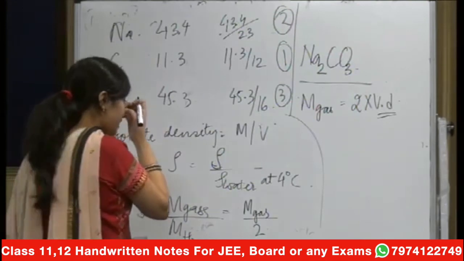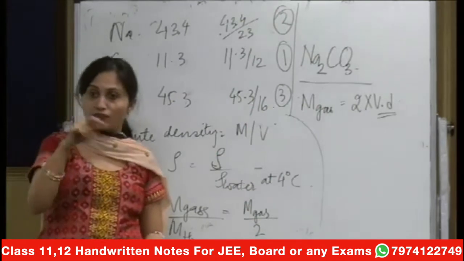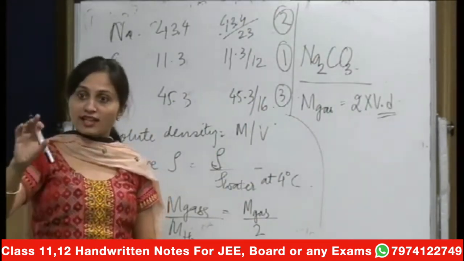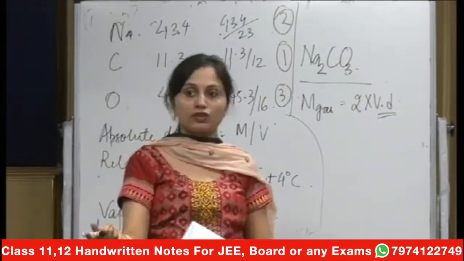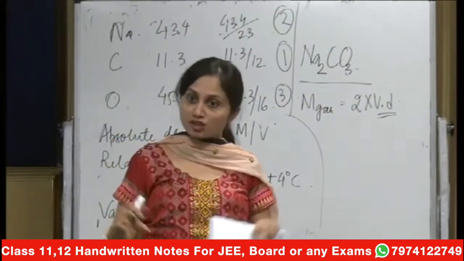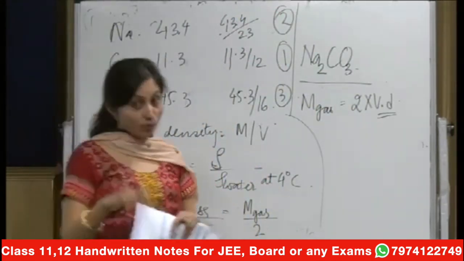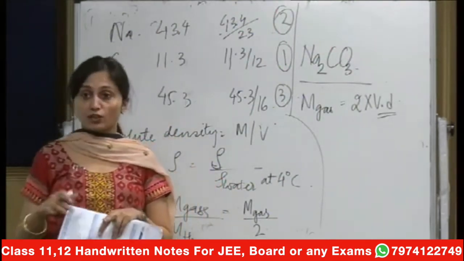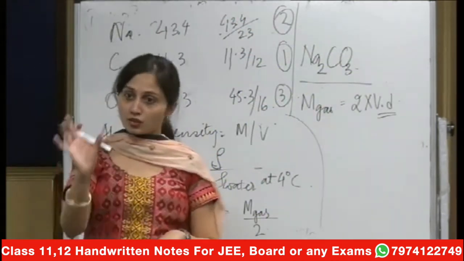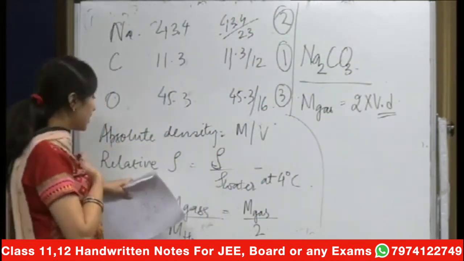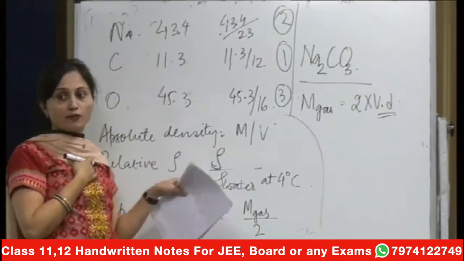In relative density, this is the standard temperature, which is the freezing temperature of water, generally considered to be from 0 to 4 degrees Celsius. So it's a conceptual thing that we generally take in comparison to water at 4 degrees Celsius only. It's because of the structure of water also, which you will be doing in detail: anomalous expansion, the cage-like structure of ice, and there are so many concepts related to water. So in general, relative density is nothing but the ratio of the densities taken in comparison to water at 4 degrees Celsius.